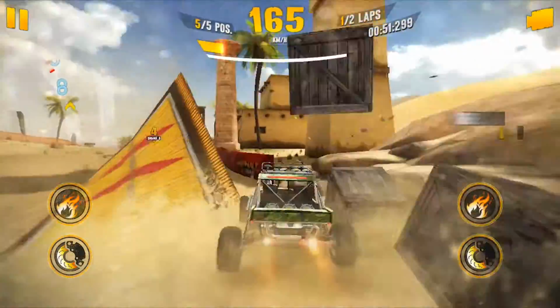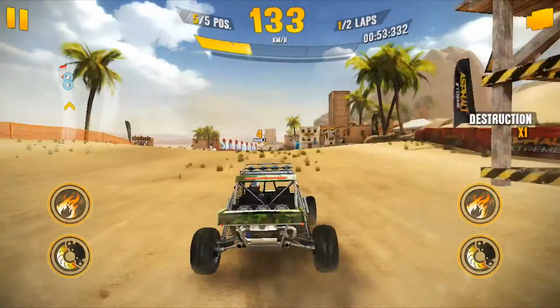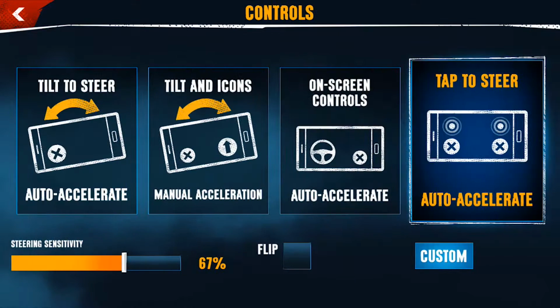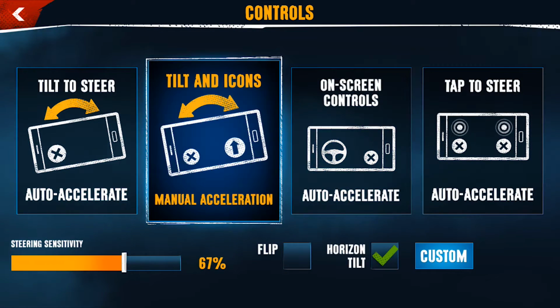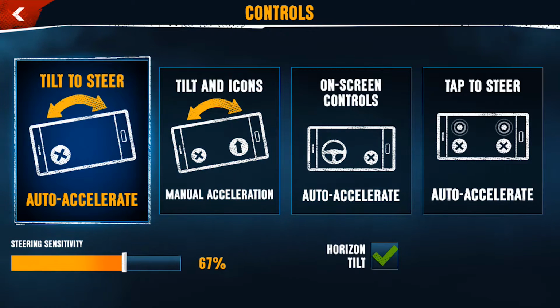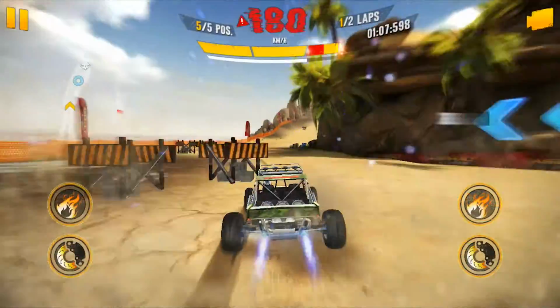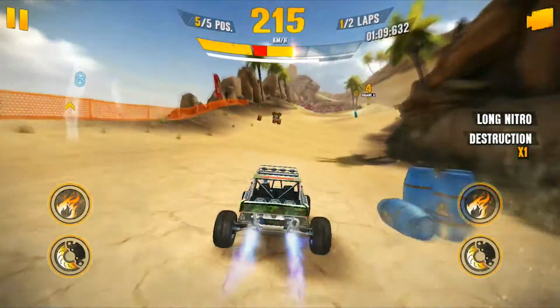In terms of game mechanics, it looks like Gameloft copied over a lot from their previous installments. For general controls, you have 4 choices, ranging from tilt and drive to even a virtual steering option. The main components of the controls include steering, braking, and using your nitrous, giving way to a very simple control